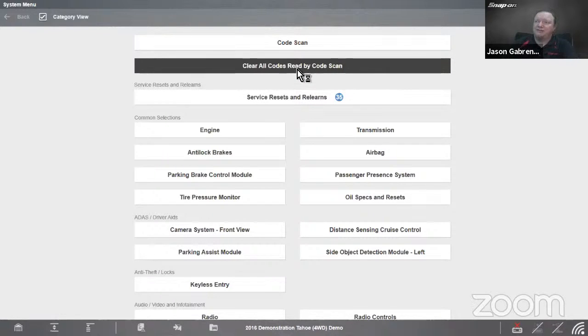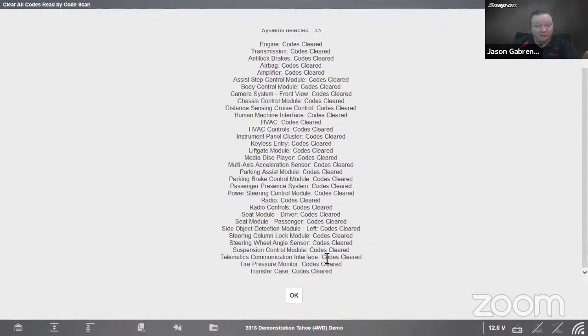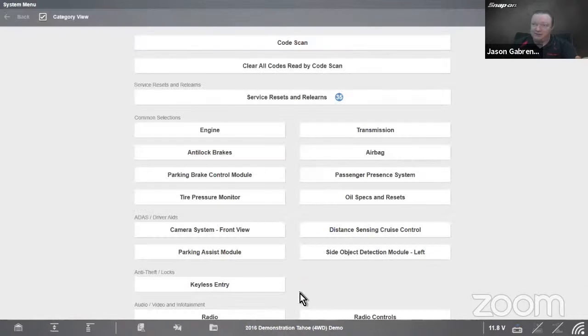We just see the little, yeah, that's the spinning thing, the spinning clock indicator, right? That's the indicator there. So it said it went through 33 different systems, codes cleared on all of them. Okay, that's the result we wanted. We'll hit OK. And now that I'm clear, I want to see, are there any resets or relearns related to